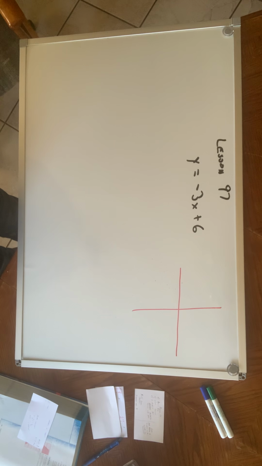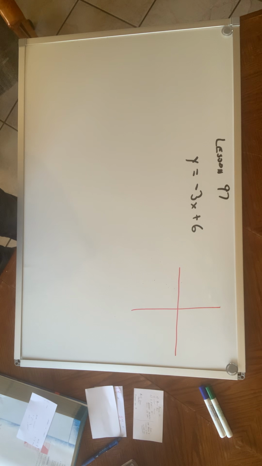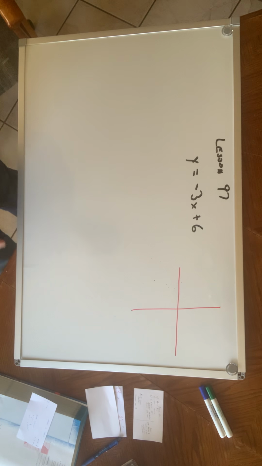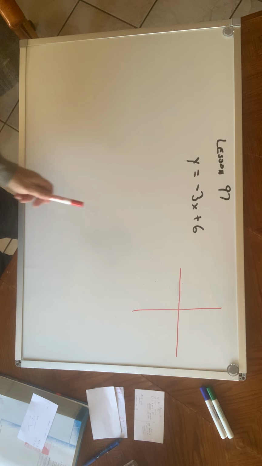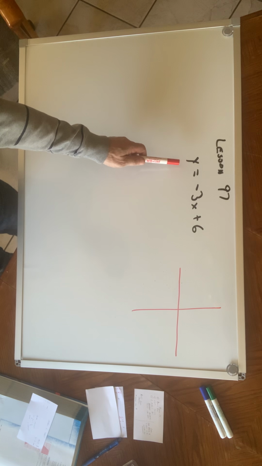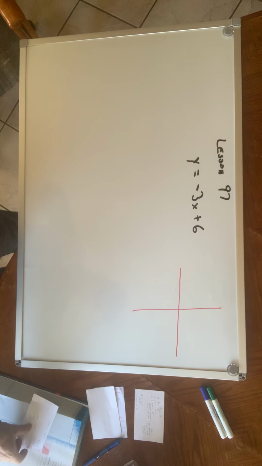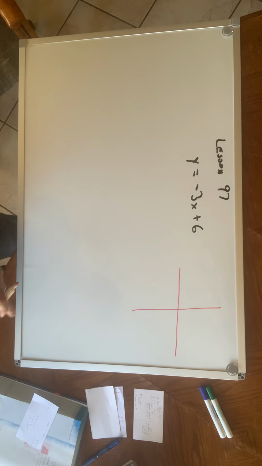It's about a quarter step forward from some of the stuff that we did 2 months ago. And that's all it is. So it's almost more of just a review. Lesson 97, if I gave you this equation, y equals negative 3x plus 6, this is in slope-intercept form, so